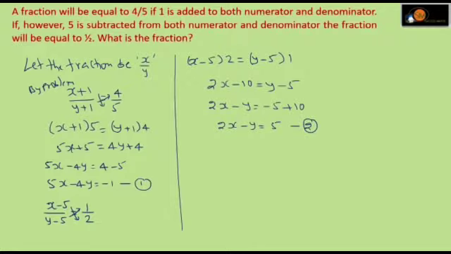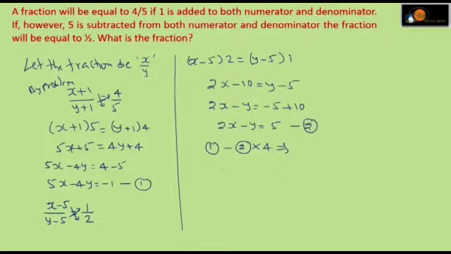In first equation, coefficient of y is 4. In second equation, coefficient of y is 1. To eliminate y, if we multiply second equation with 4, then both the variables are equal, then we can eliminate y. Now do first equation minus second equation into 4. We have to subtract second equation into 4 from first equation.